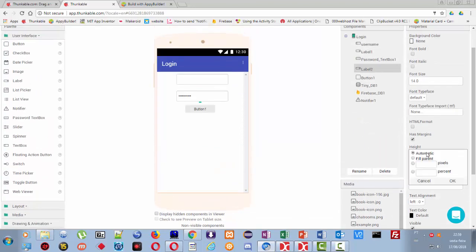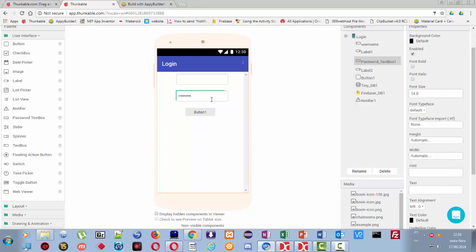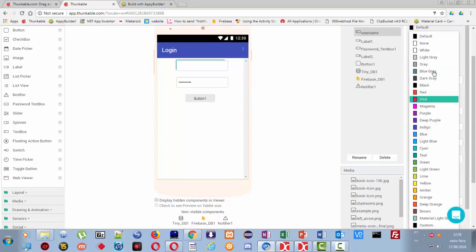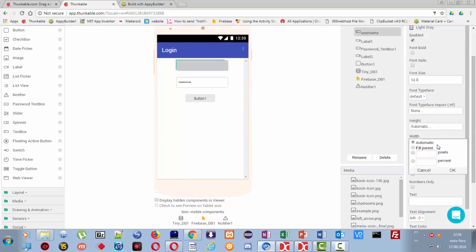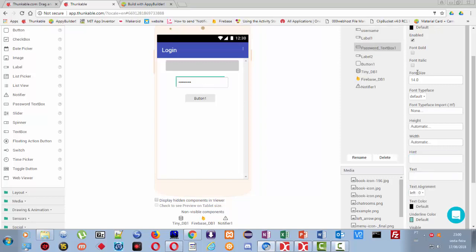Also in this one, this one here I'm gonna set as light gray, the width as 80%, and the hint, enter your username. The password text box also is gonna be light gray. The width can be 78,